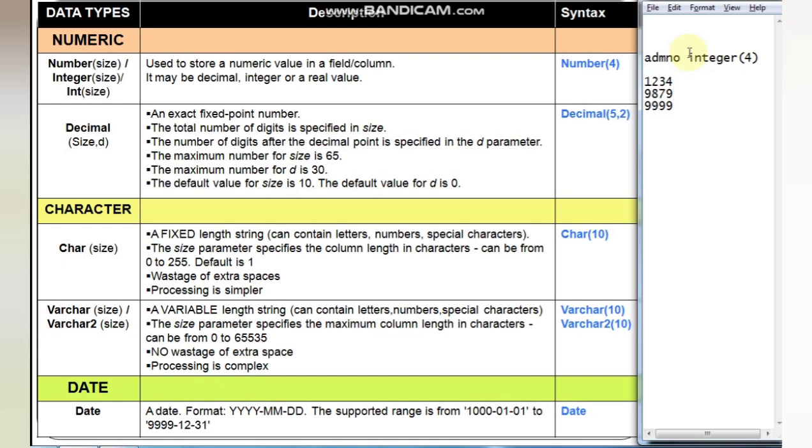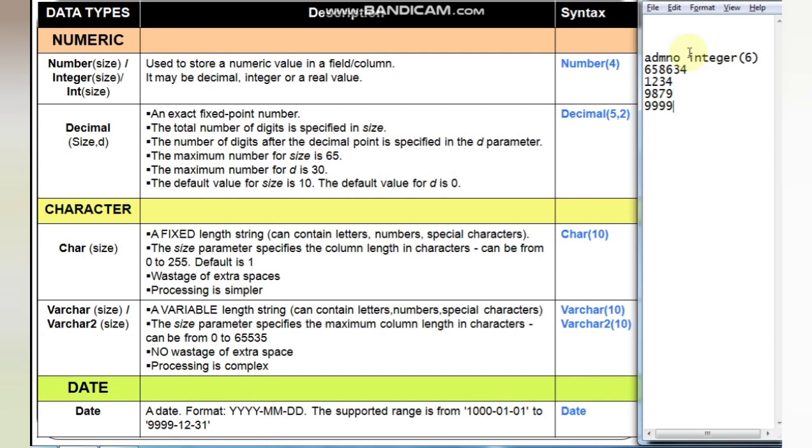It can take a number like 65 also, because it is within the range. Only 2 digits you are using. 4 is the maximum for this example. If you increase the size, if you take it as, suppose, 6, then it can take values up to 6 digits maximum. So this is the way you can write.